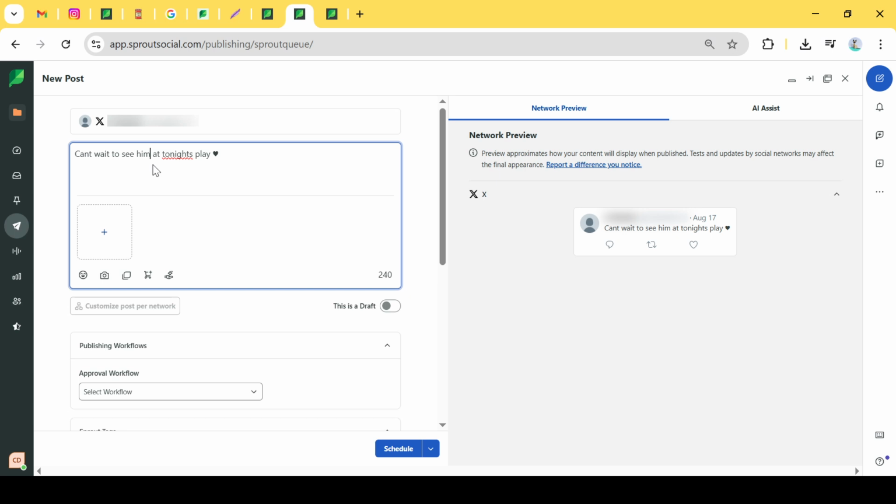If there's a visual component you want to add, such as a photo or graphic, now is the time to upload that file. Adding visuals not only makes your post more engaging, but it also increases the likelihood of being noticed and shared. When you're ready to tag someone in your post, simply type the @ symbol and begin typing